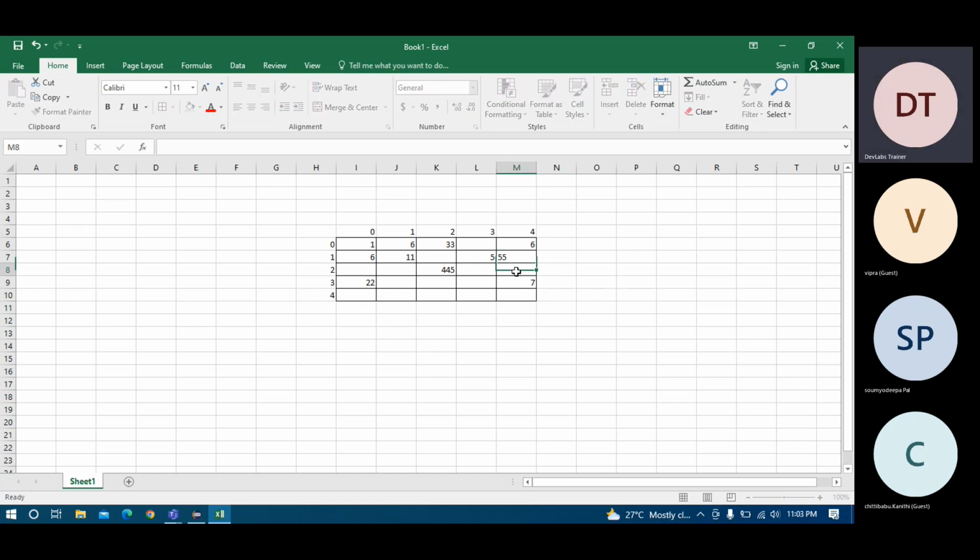Let me fill it, then you will understand. 55, then 66, then 87, then 64, then 22, then 33, 54, 5, 61, 32, 23, 31, 45, and 57, 76. Maybe there can be duplicates, it's okay.